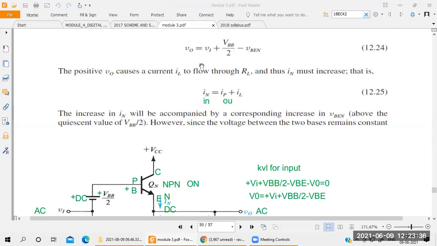Understood? So this positive output voltage causes a positive current across the NPN transistor through the load resistance. So this positive current increases based on the current from the NPN transistor, PNP transistor and load current. Here IN means the positive current increases, a combination of the PNP current plus load current here, because we are applying the DC supply. So by applying the DC supply, we can eliminate the crossover distortion. For the increasing positive current, you have to take the combination of the IP and IN.